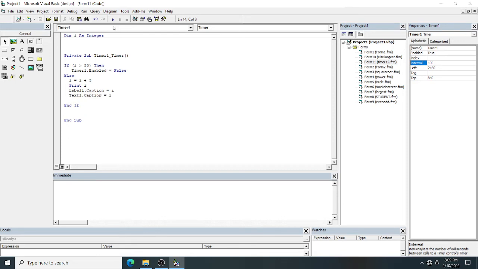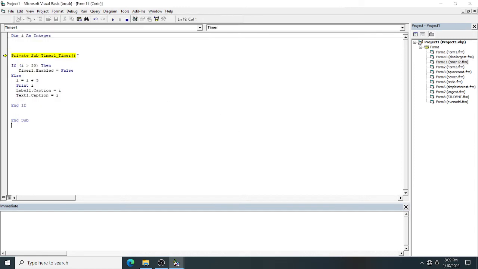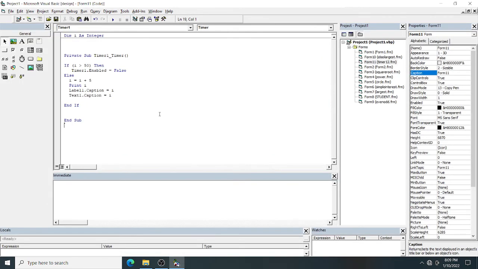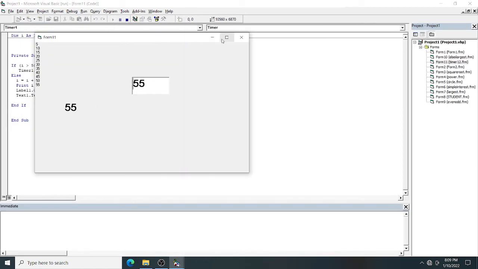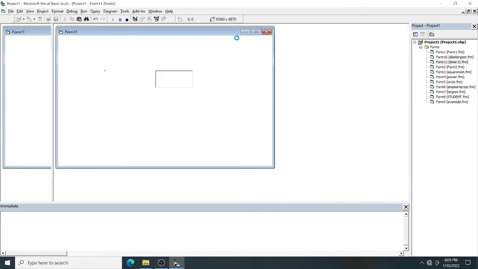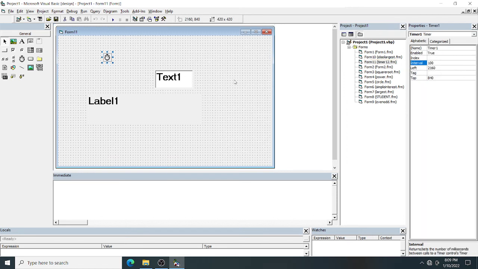Now see how it will work. Now let's run it. So what is the mistake here? Text1 dot Text will come, not Caption. What is the text box property? Text. So now I am executing. You can see. If you want to see it slowly, I will set the timer to how much? Click on timer, set to 1000 millisecond. You can give 2000 millisecond also.